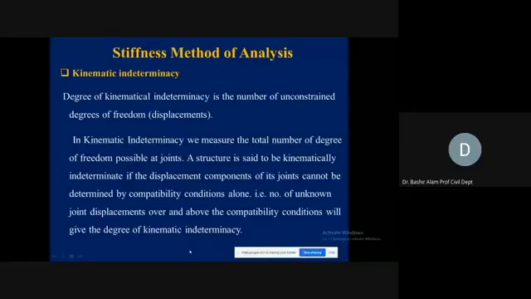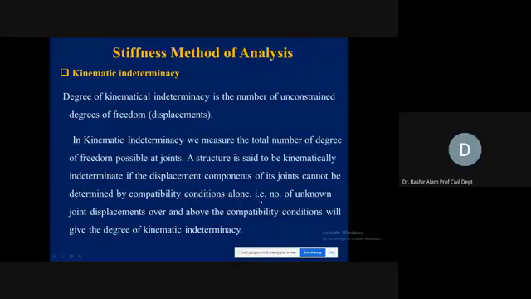And remember, whenever you have a reaction at the joint, it is restraining the displacement. So when you have a reaction, you will not have freedom in that direction. So in that direction, the degree of kinematic indeterminacy will be 0. Now, in kinematic indeterminacy, we measure the total number of degrees of freedom possible at a joint, its freedom to move. A structure is said to be kinematically indeterminate if the displacement components of its joints cannot be determined by